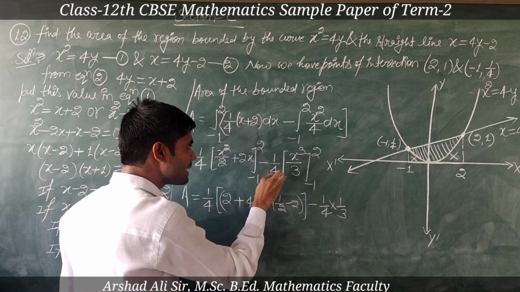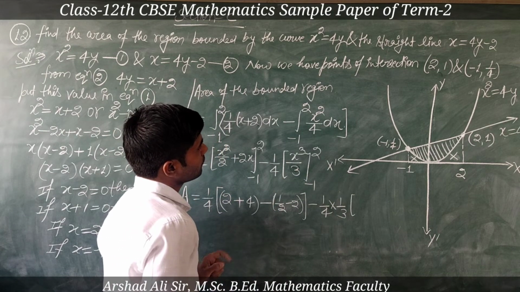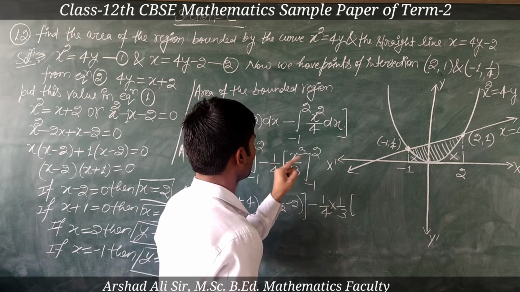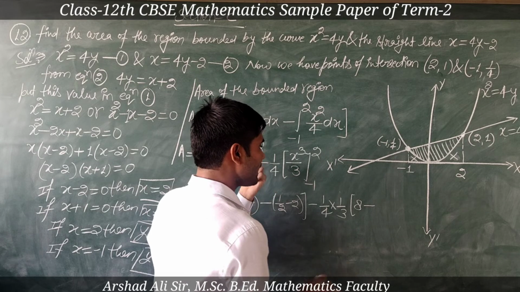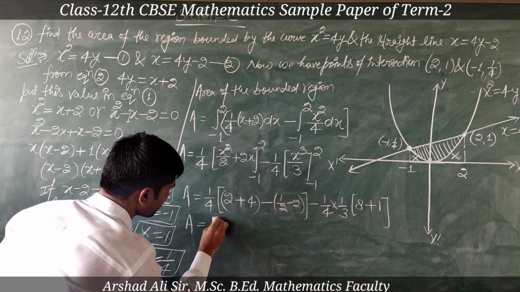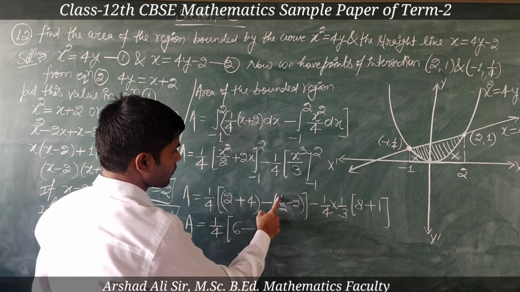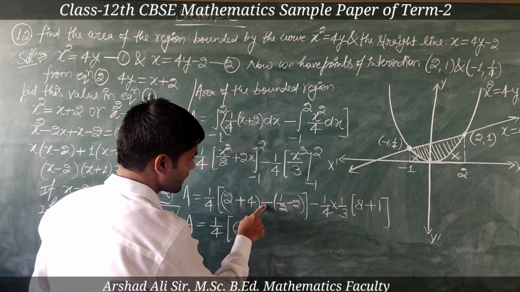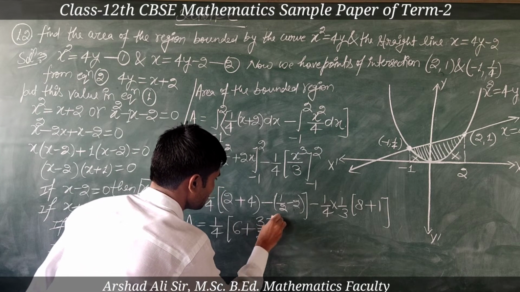This 3 will be multiplied by 4. So here we have x cube. Now we will put the upper limit. So tell me one thing, what will be the cube of 2? 8 minus, and cube of -1, it will be -1, and minus minus plus 1. A is equal to 1 upon 4, 2 plus 4, it will be 6 minus 1 upon 2 minus 2, it will be -3 upon 2, and the negative sign is also out of the bracket. It means it will be +3 upon 2.